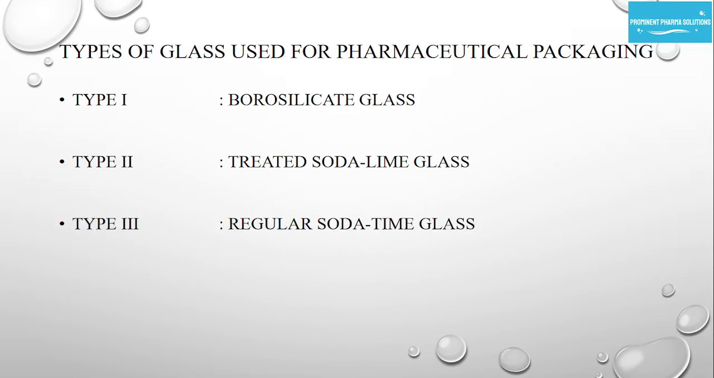Type 3 regular soda lime glass container has a high concentration of alkaline oxide and imparts alkalinity to aqueous substances, flakes easily and may crack due to sudden change of temperature. It has a moderate hydrolytic resistance. Type 3 regular soda lime glass is used for all solid dosage forms like tablets, powders and so on, and